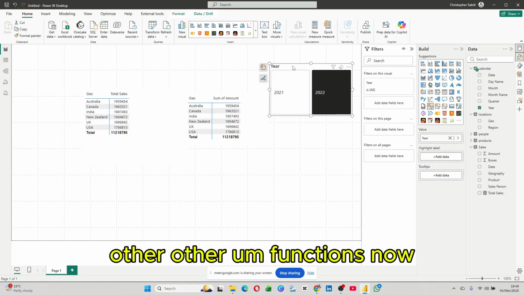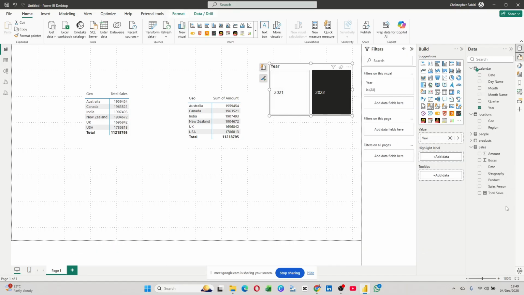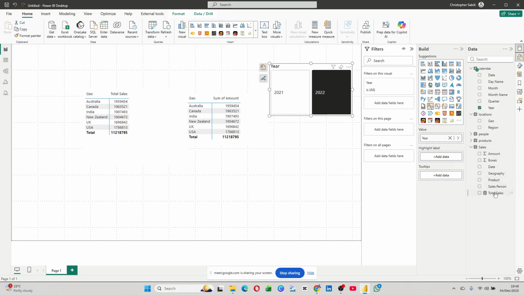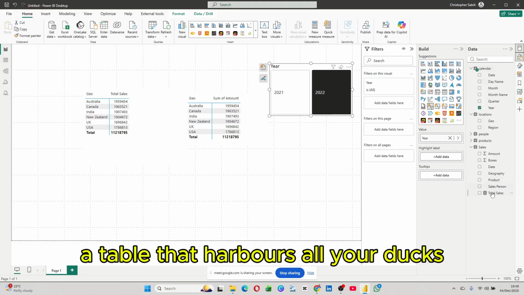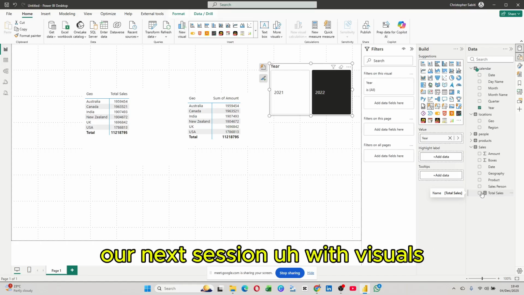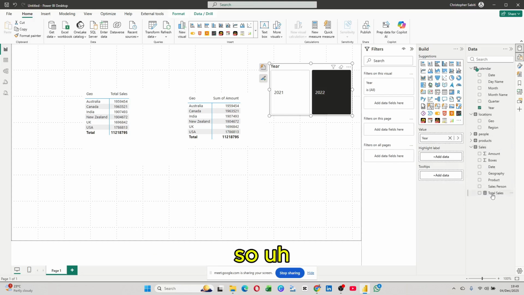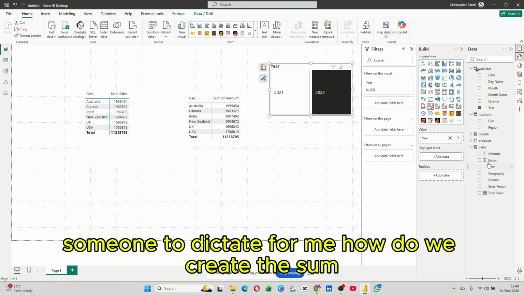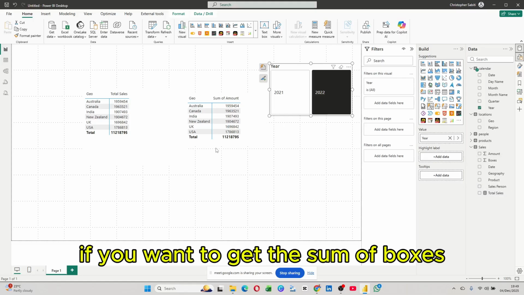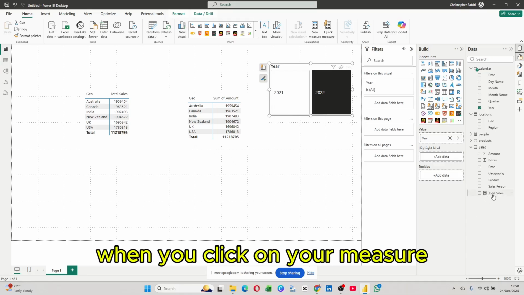Now there is also something I want to show you before we go far. It is always good to create a table that harbors all your DAX, but we shall look at that maybe in our next session with visuals. Let's create all these under this. So someone dictate for me, how do we create the sum of boxes? Then before we go to that, when you click on your measure,